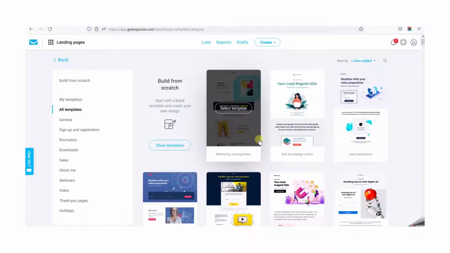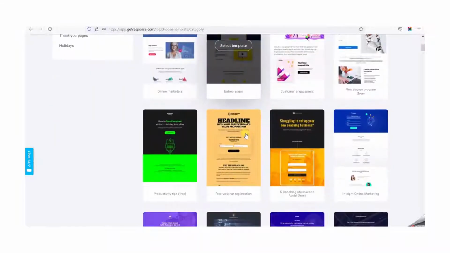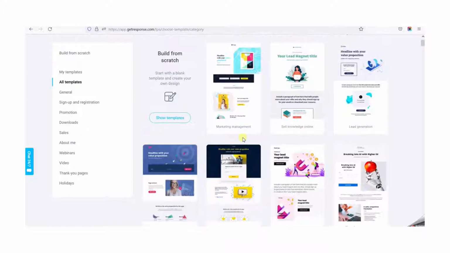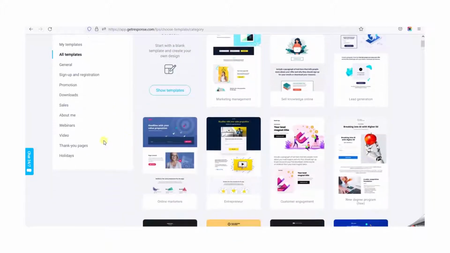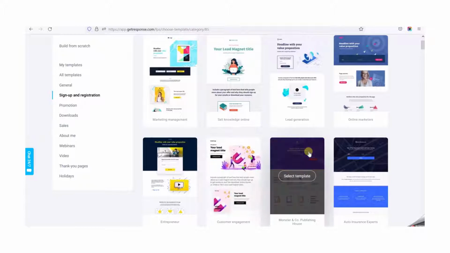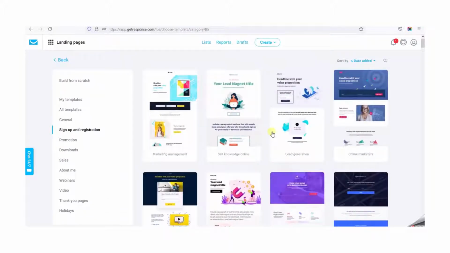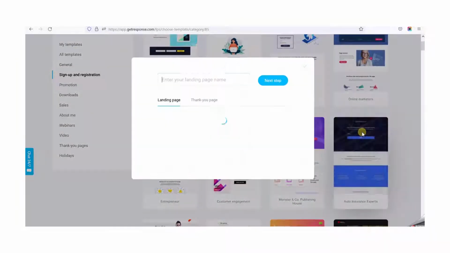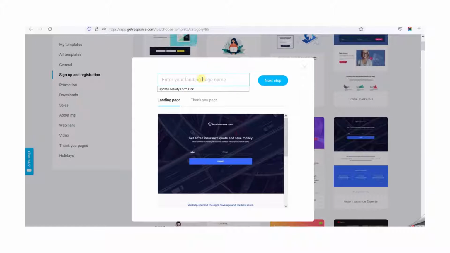Like the templates, here also you will be presented with lots of options. So go ahead, check which one suits you the best, and then select that one. Okay, so for us, let's say downloads or sign up and registration. Then let's use this one, auto insurance expert. Okay, so I'll say sign up